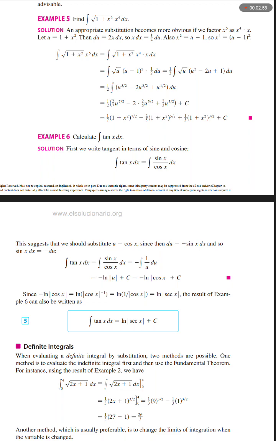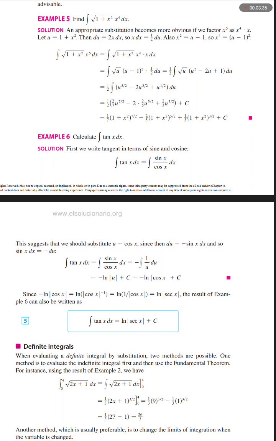So x to the fourth power equals open u minus 1 close to the second power. The integral of the square root of 1 plus x squared times x to the fifth power dx equals the integral of the square root of 1 plus x squared times x to the fourth power times x dx, equals the integral of square root of u times open u minus 1 close to the second power times 1 half du, equals 1 half the integral of the square root of u times open u squared minus 2u plus 1 close du,